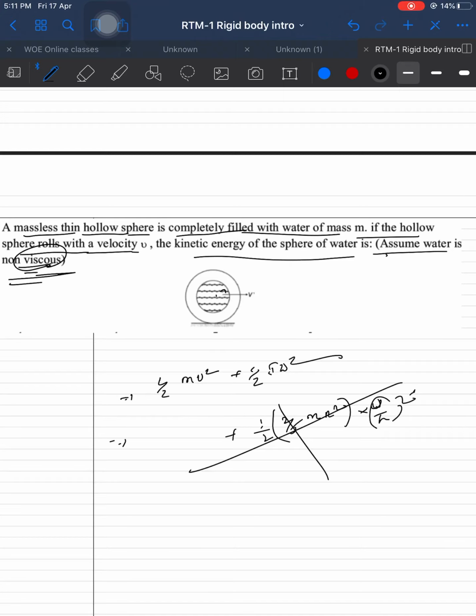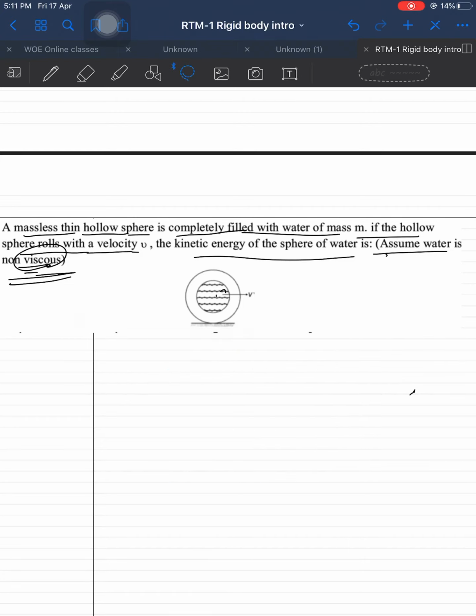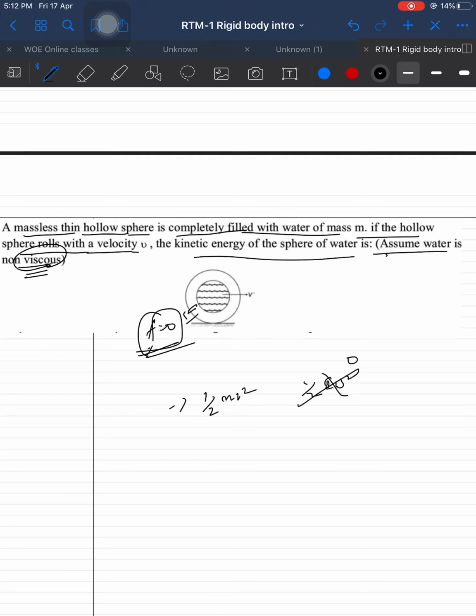It is wrong because the liquid is non-viscous. If non-viscous liquids are present, these liquids don't roll. You understand? For a body to roll, it should rotate about itself and continue like that. Non-viscous means it doesn't have viscosity, which is nothing but like friction. No viscosity means no friction. Friction is equal to 0. If there is no friction, what is the point in rolling? The half I omega squared term will not be there, only half mv squared. The velocity is linear velocity only. Thank you very much.